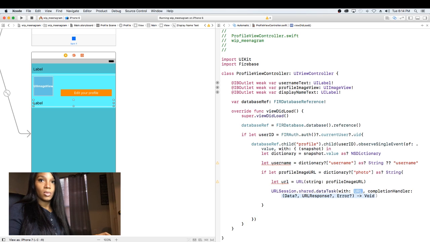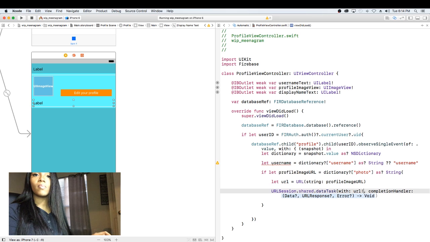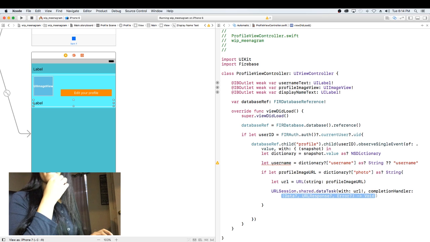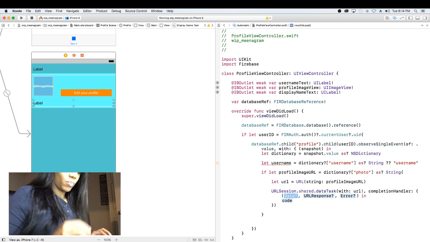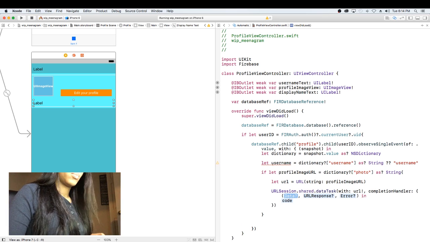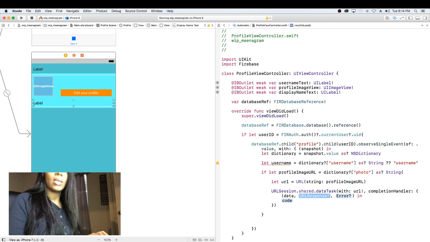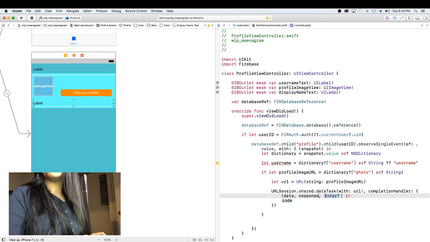Let's do a URL, and we know we have that, right? And then we want that to be data, a response,